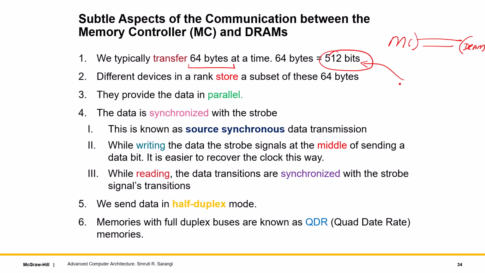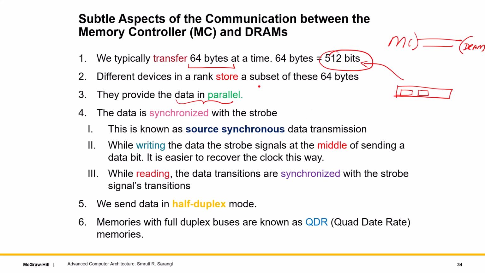So clearly, we would like to access one rank. We would not like to access multiple ranks for at least a single transfer. And a rank comprises multiple DRAM devices or chips. Each device has multiple banks and each bank has multiple arrays. All of them put together supply all the data in parallel. Of course, it is possible that, let's say, instead of 8, we have 9 banks where one bank is kept for standby, it is not used. All of that is possible and the modern protocols do allow it. But the key idea is that